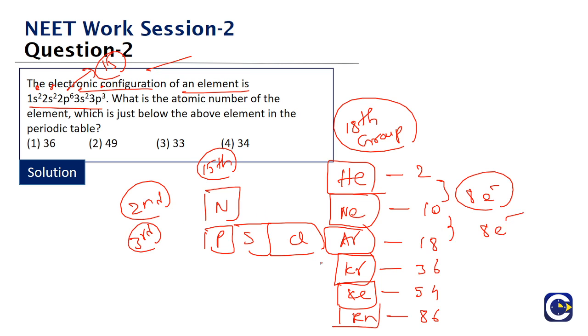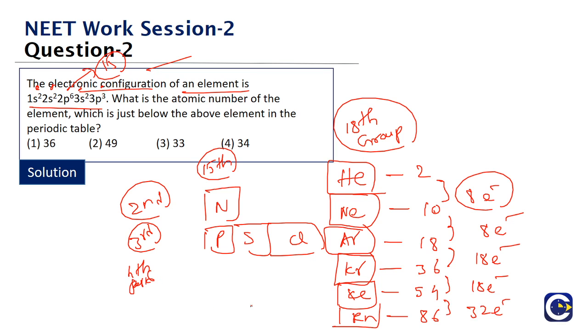Then the fourth period, right? You see the gap here, it is 18. So fourth period will have 18 electrons. And fifth period also will have 18 elements. And sixth period, which is the longest period, will have 32 elements. So the sixth period is the period where we'll have the maximum number of elements.